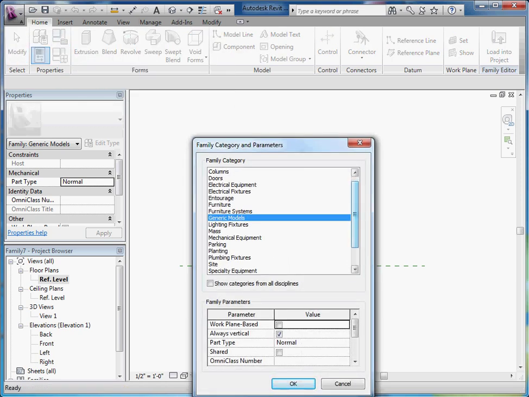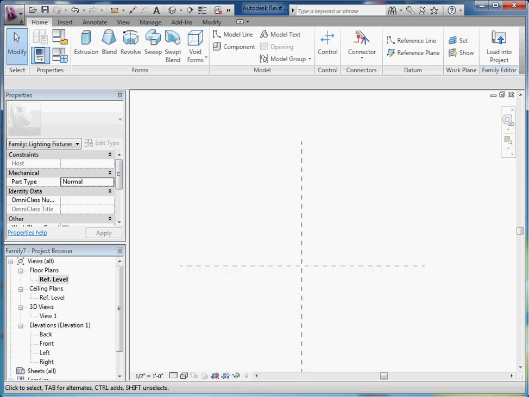From here, I'll change it from generic models to, in this case, we'll just make a simple box, but we'll just call it out as light fixture. So I'll choose lighting fixtures and hit OK. Now that we set it up as a lighting fixture,